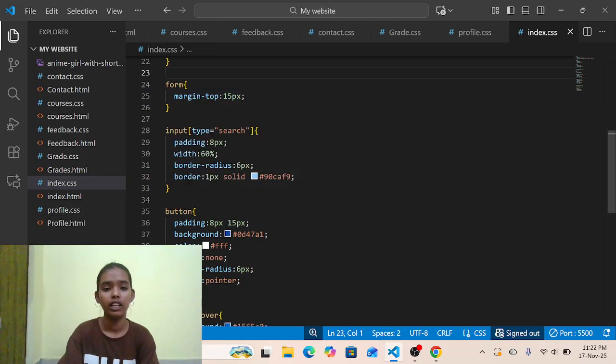Form. In HTML I also added a form for a search bar.